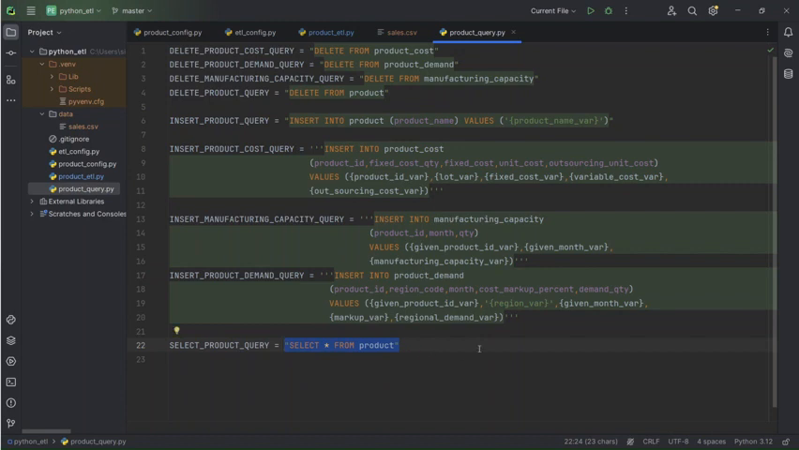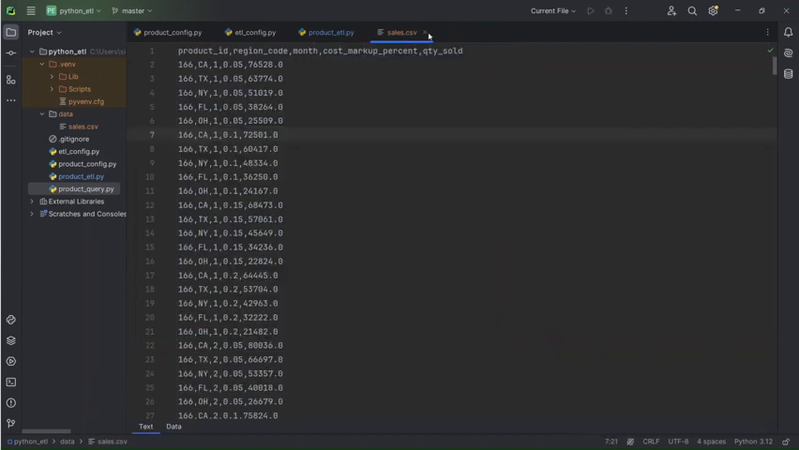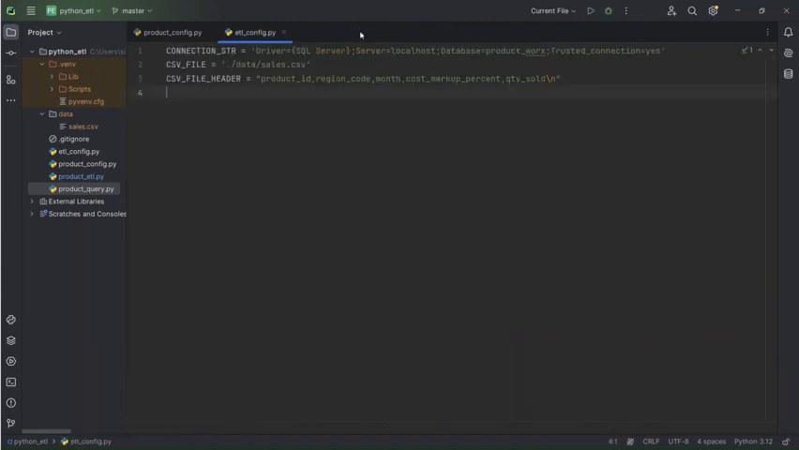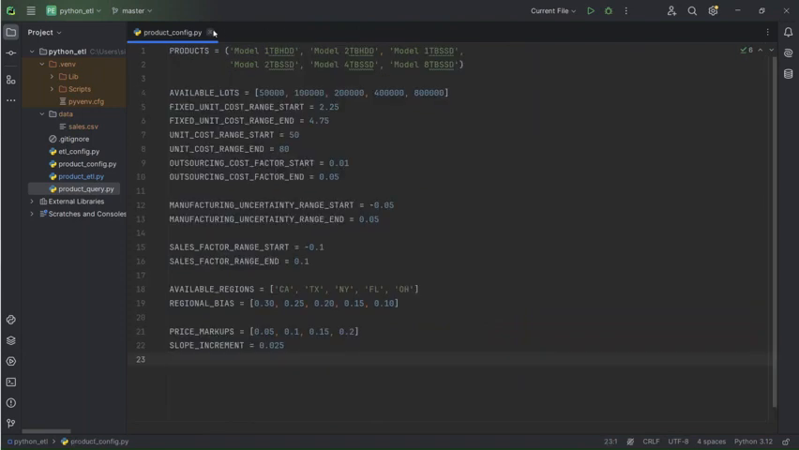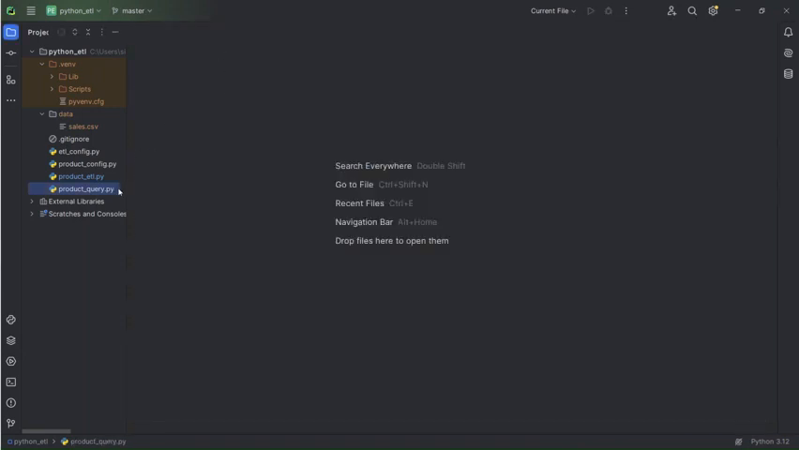Okay, so I've explained all the configuration items here. Chances are you don't have to touch the product underscore ETL py file at all, right? You don't have to touch it, but I just want to walk through what I have in the ETL Python script so that you can understand